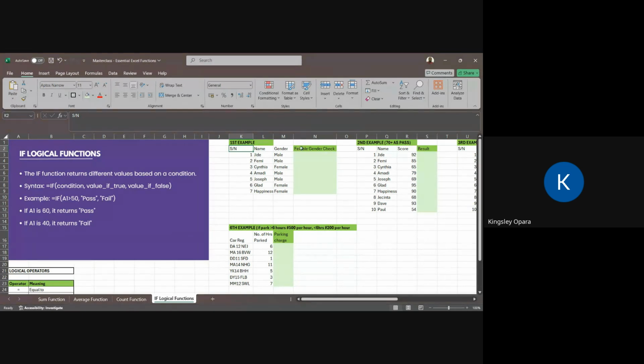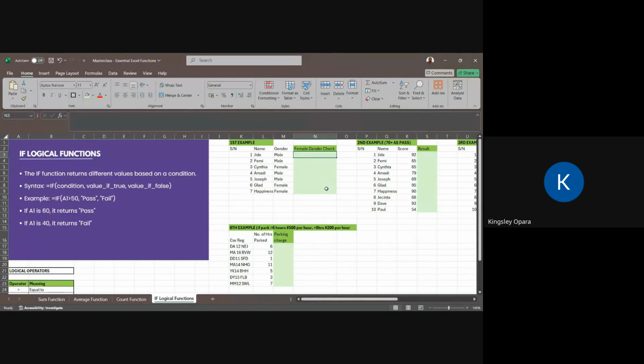All right. Now, in this case, since we're talking of just 2 possible outcomes, it's a simple yes or no. But by the time we begin to have more than 2, then it gets a little complex. But for the sake of beginners on logical functions, I want to keep it as simple as possible by using just 2 possible outcomes. Okay, so let's start with the gender.